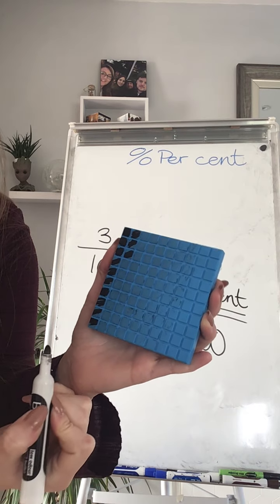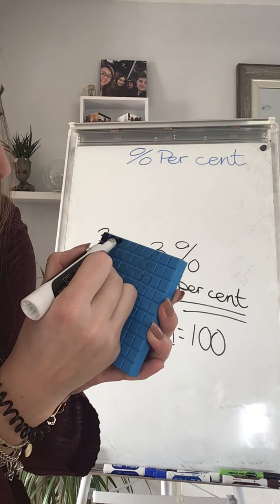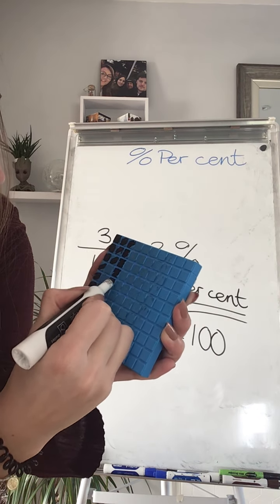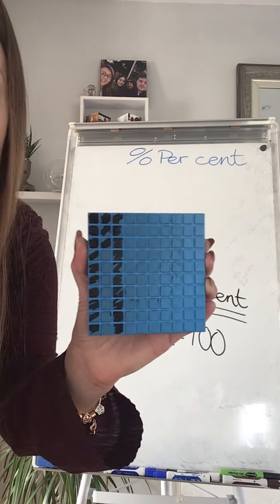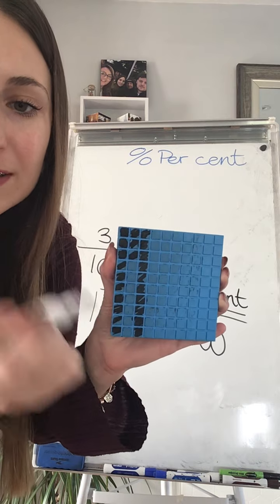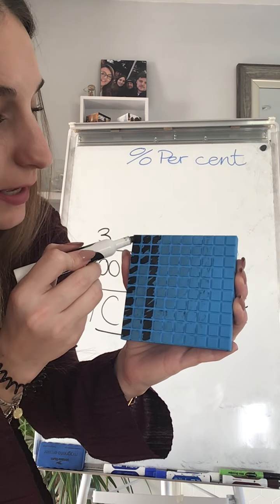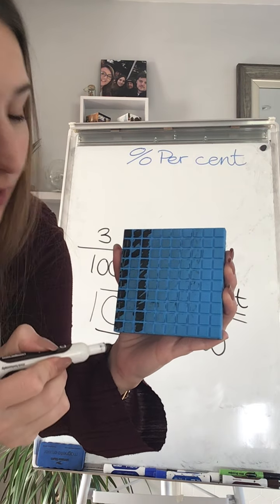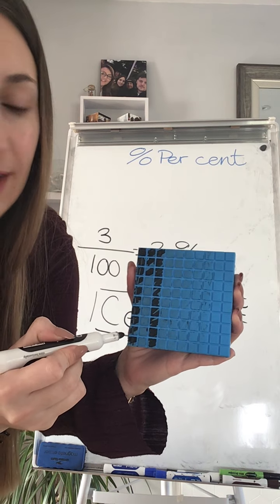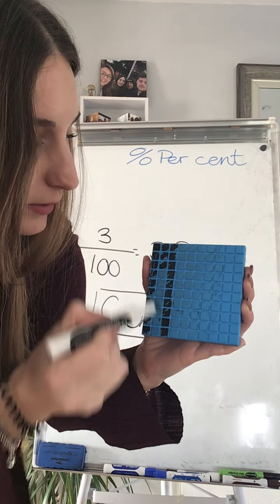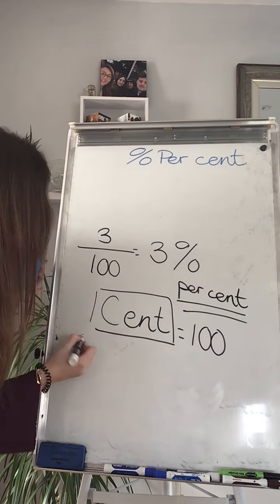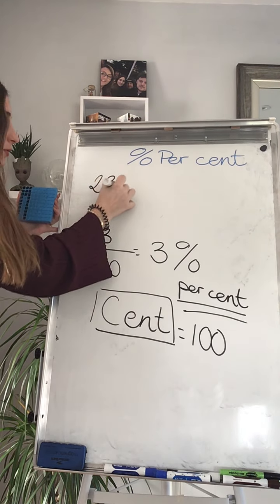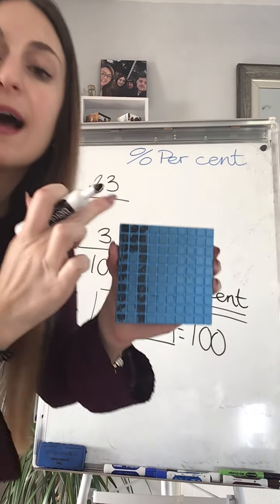Okay, so shall I just do another one? I'm going to get this other one. It doesn't need to be all of them. I just shade them in different ways, but let's count how many I have shaded. So I know that in one line I have 10, 20, 21, 22, 23. So I know now that I've done 23 out of